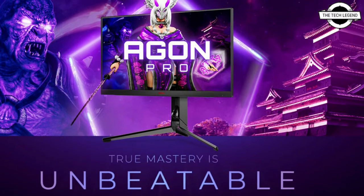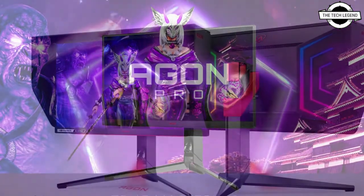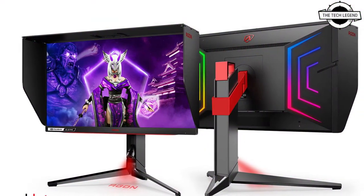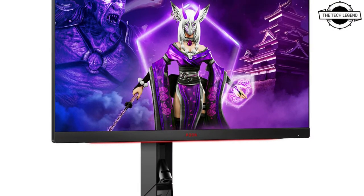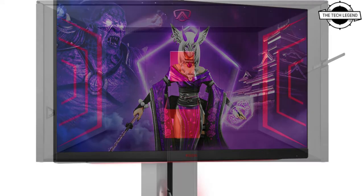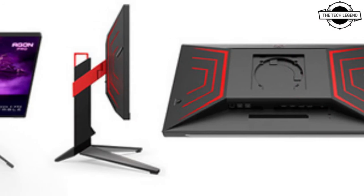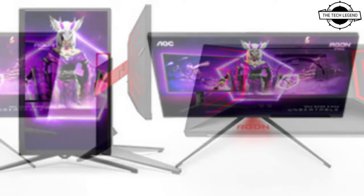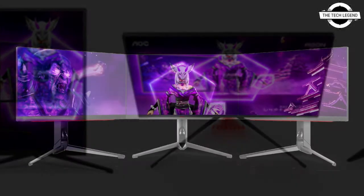The 24.5 inch, or 62.2 centimeter, AGON Pro AG254FG employs a fast IPS panel with full HD resolution and 360Hz refresh rate for unbeatable gaming performance, combined with 1 millisecond GTG response time and NVIDIA G-Sync with NVIDIA Reflex Latency Analyzer to minimize system latency. This monitor sports a powerful design for the best gamers out there and was bestowed the Red